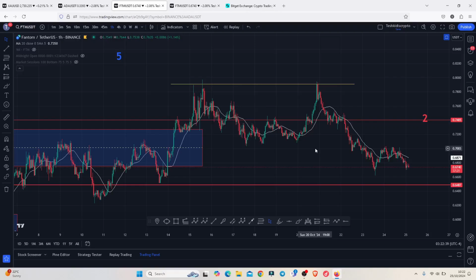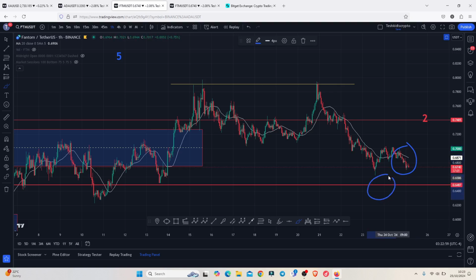Fantom continues to see a bit of a breakdown move after an aggressive bounce in a move that gave us a high above the $0.795, and at the time of this recording we are holding below the 20-day MA here on the 4-hour chart and above a key area of support above the